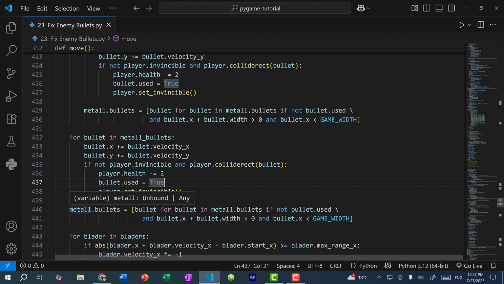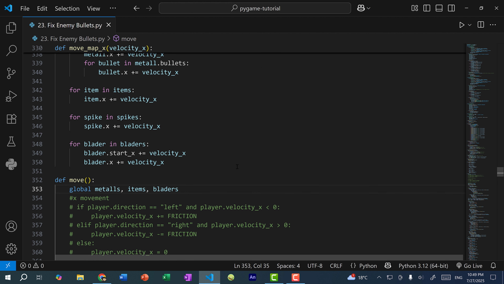And then we need to do the cleanup step. So this is metal_bullets, and over here as well, metal_bullets. And since this cleanup step is an assignment on a global variable, we need to declare this as global in our function. So I'm going to scroll up. And over here, I'm going to add